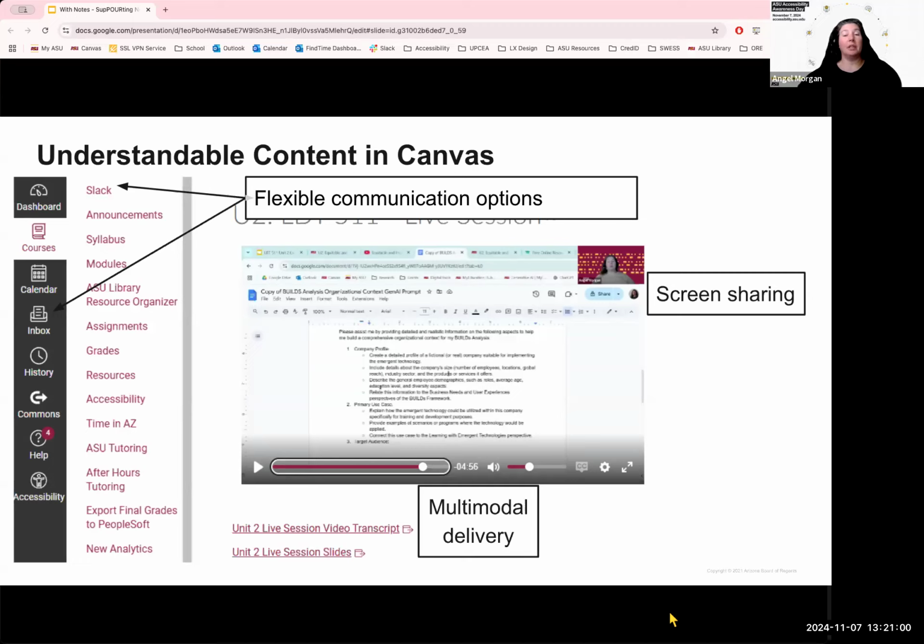Multimodal delivery options in Canvas, such as providing both audio and text options of key content, enable learners to choose the format that suits their individual needs. And flexibility benefits neurodivergent learners, enabling them to tailor their experiences and improve their content retention. And then